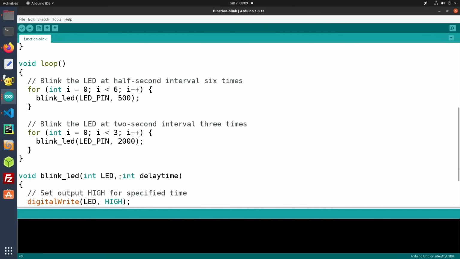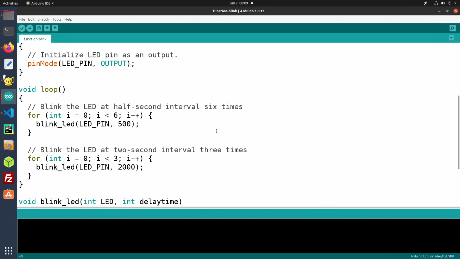So now back into our loop, and we're going to make this a little more interesting because it's getting a bit boring just watching an LED flash at a steady rate. So first of all, we're going to blink it 6 times at half-second intervals. I put in a for loop over here, and within the for loop I've got my function blink LED. I send it the parameter of the LED, which I've defined as LED pin, and 500, which is 500 milliseconds